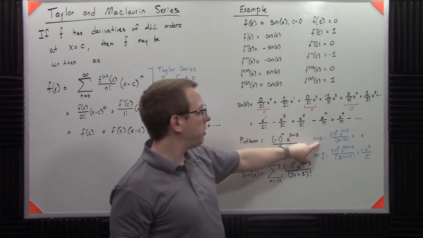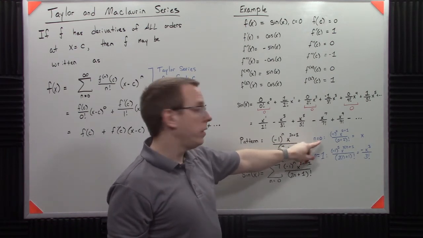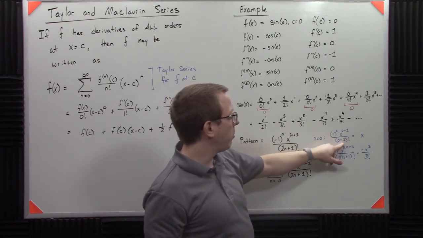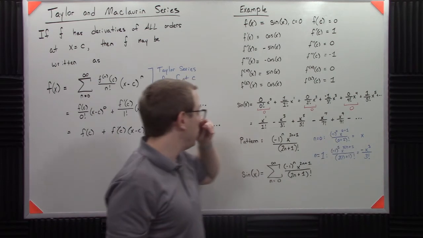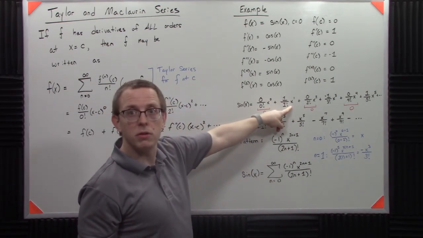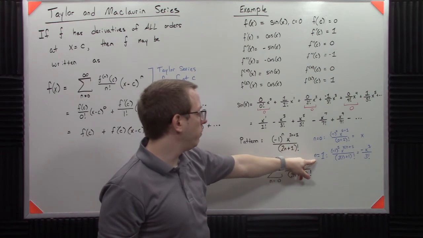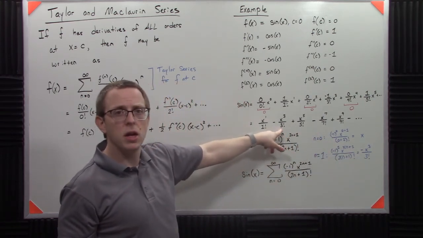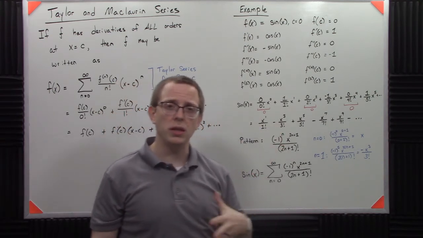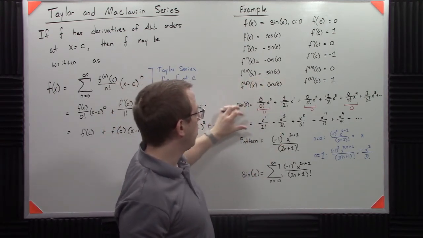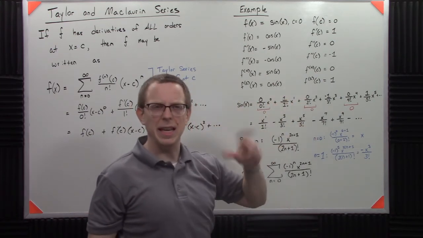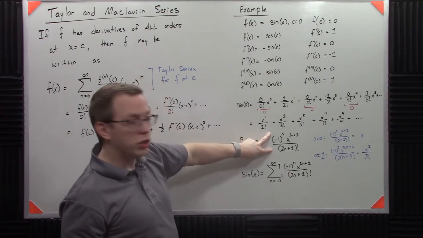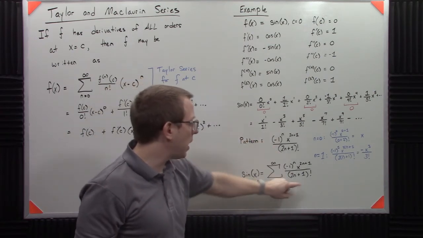Now notice this matches if I have n equals 0, that if I plug everything in there, that becomes 1, that becomes 1, this just becomes x, which is what this term is for n equals 0. And then for n equals 1, I get negative x cubed over 3 factorial, so that's this. So we're re-indexing. We're not using the n's that you would think of here. We're creating a new index. It's kind of difficult to say. But anyway, now that I have this generic term,